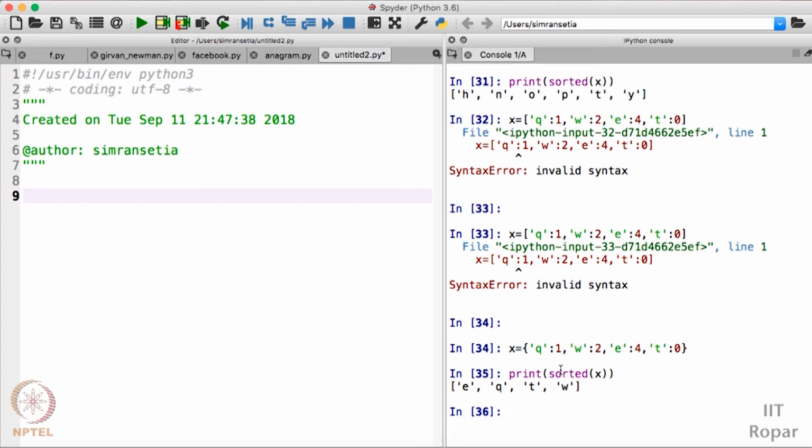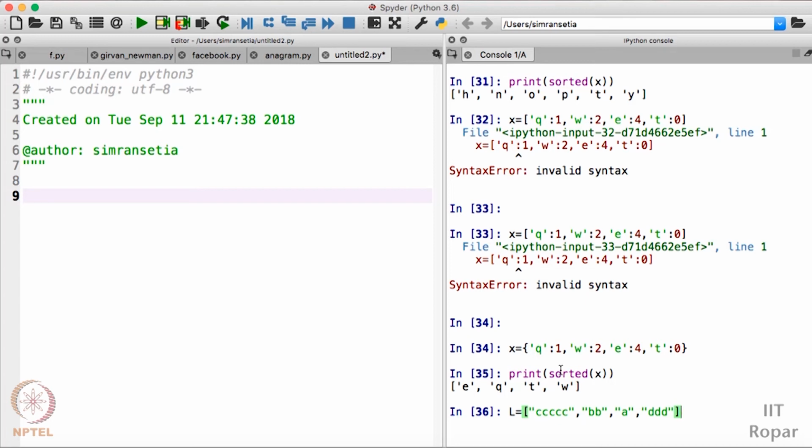Now I have another example here. For example, I have a list of strings here: CC, CC, BB, then A, then DTD, and I want to sort this list on the basis of the length of these particular strings. Yes, I want to sort this list on the basis of the length of each string.